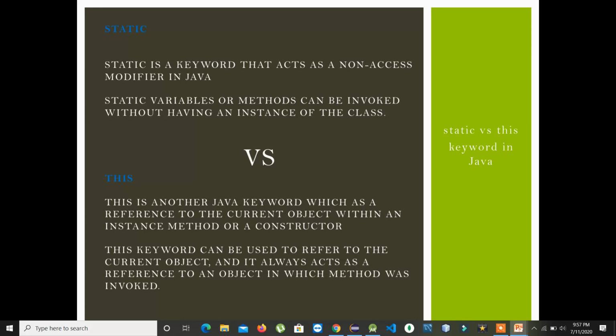It can be used to refer to the current object, and it always acts as a reference to the object in which the method was invoked. So to understand this theory, let's have an example and we'll understand each and every bit of it.